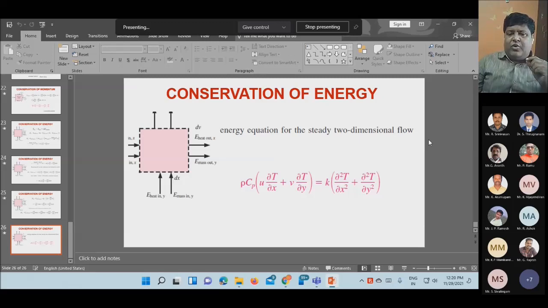Around the circumference, you can put a wire heater and supply the energy. So the flux is called heat flux. The heat flux will enter the pipe, the energy will be conducted inside, and that heat will be convected by the fluid. So that is the constant heat flux condition.